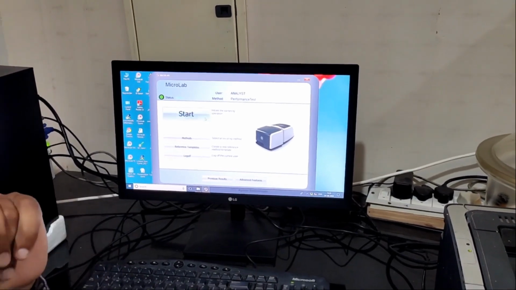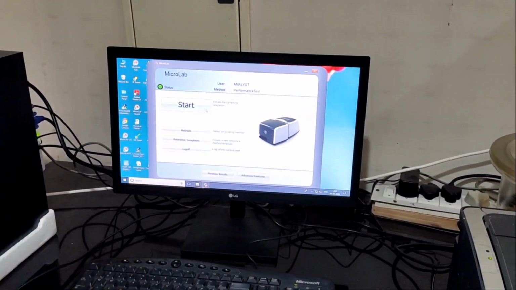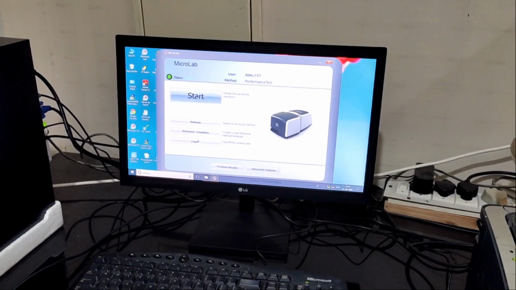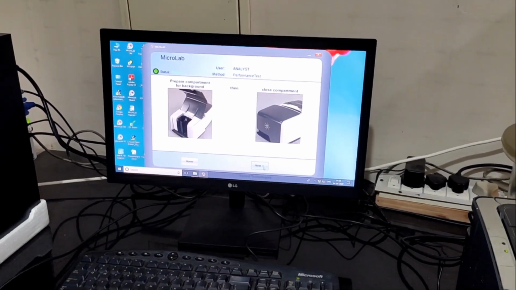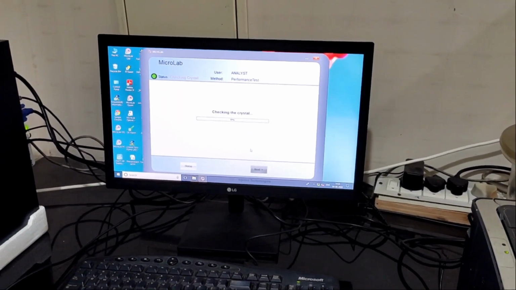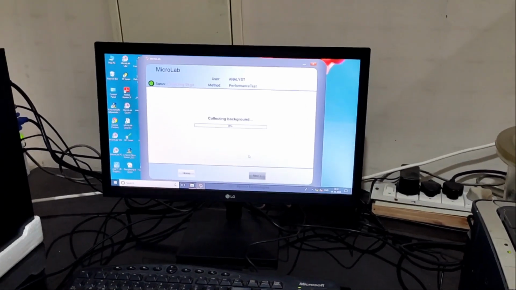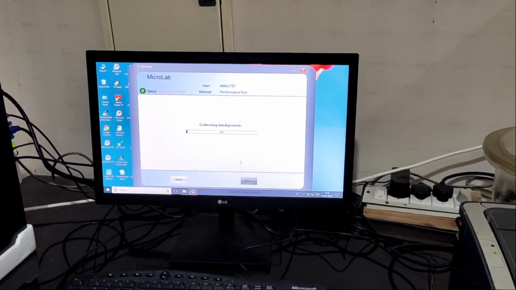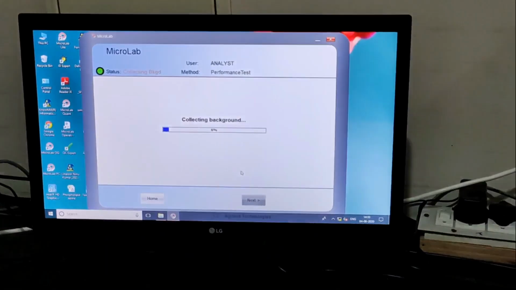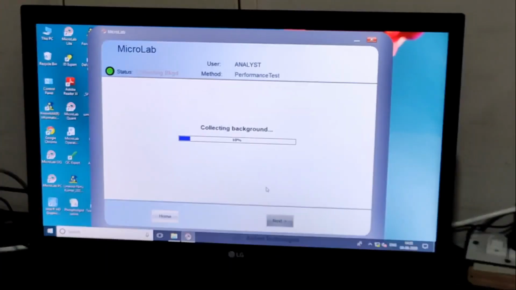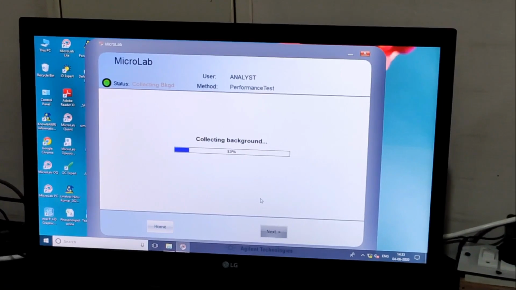So we have already put the blank in the instrument, and here we start the background. It will take some time for the collection of background.